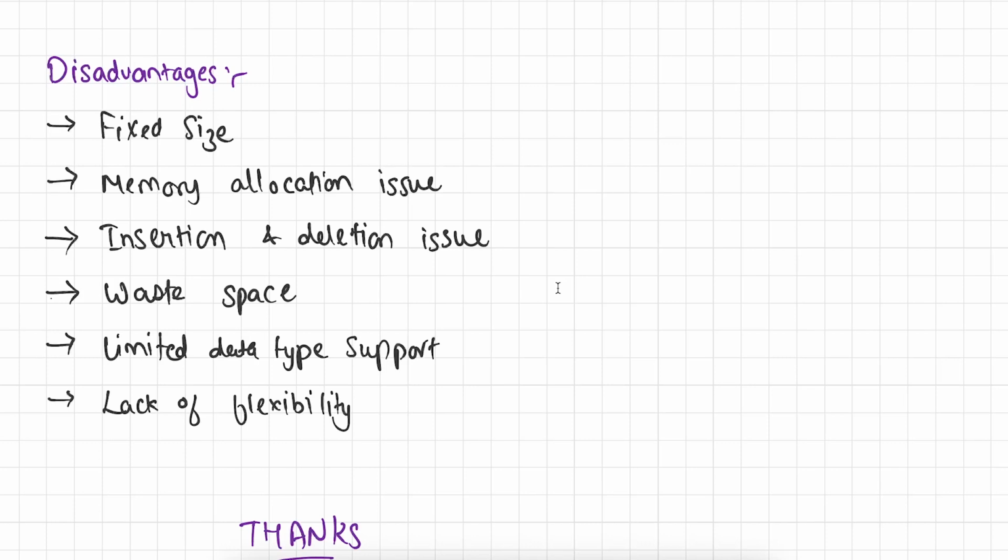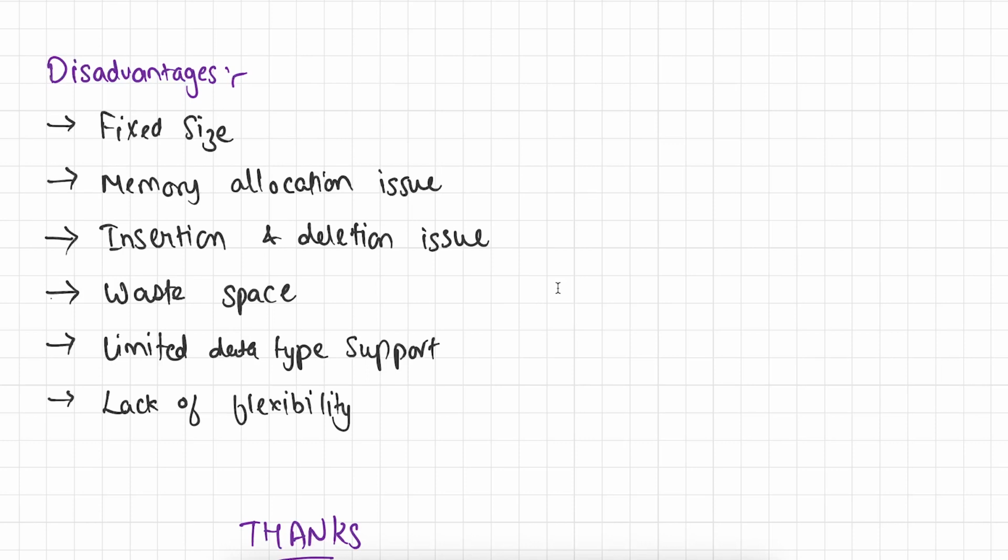The next disadvantage is lack of flexibility. When we use arrays, we do not have much flexibility. First, the size of the array is fixed, so we cannot increase or decrease the size. And the second is that we cannot store multiple types of data in an array. So it becomes very inflexible to use. That is why we generally prefer dynamic size arrays over fixed size arrays. Our array gets resized when we have more elements, and we can also store multiple types of data in